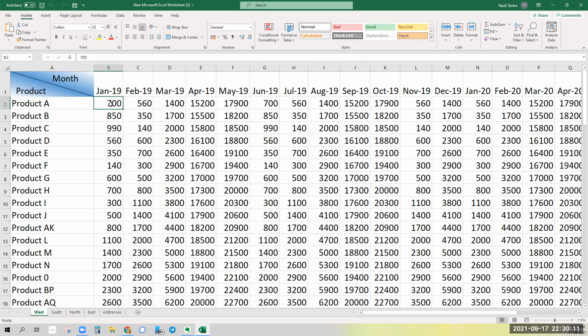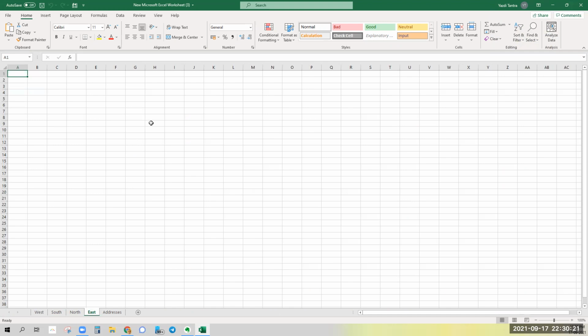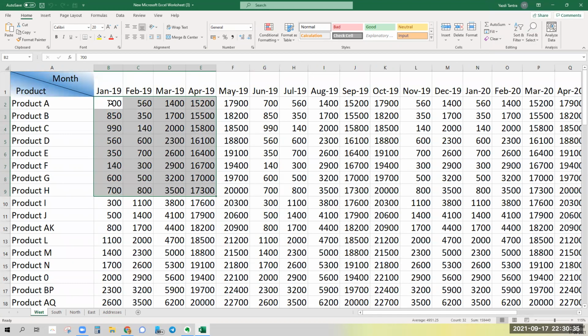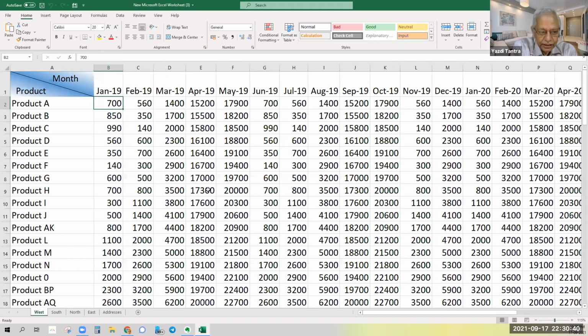You select from here, West B2, and take a total up to East G7, whatever. So it becomes a 3-dimensional formula. You start from the first cell and the bottommost cell, like this range. So instead of selecting from here to here, you select from here to the last cell in the last sheet, the East. That will give you the totals.